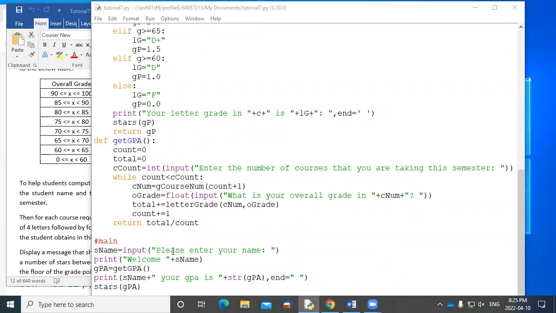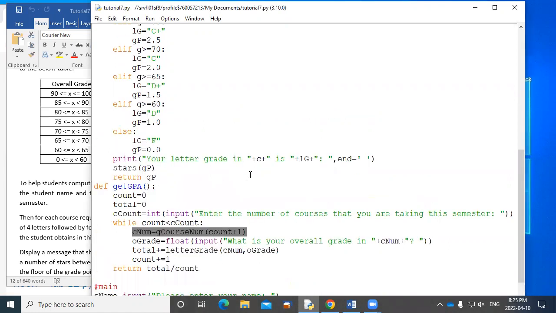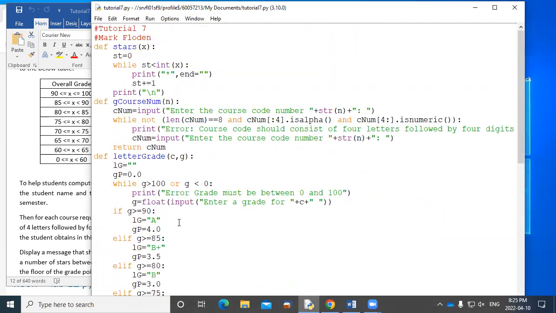The program starts here. We just get the name. Then it calls this function, and this function basically does everything else, right? Because it calls the other functions. So within it, it gets the course number by calling this other function, which will make sure that there's no errors. Because if there is an error in the course function, how will it know there's an error? Because one of these conditions is not true. If any one of these conditions, and see that they're all bound together by ands, if any one of those is not true, then we go and do an error and we ask them to put it in again.